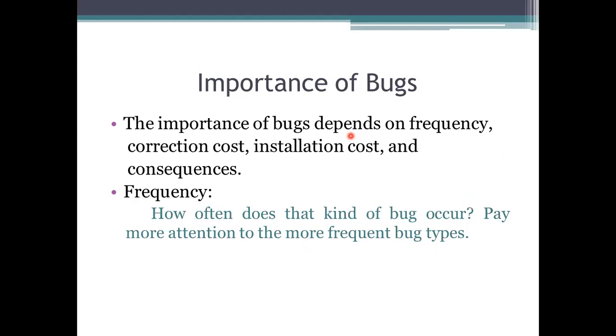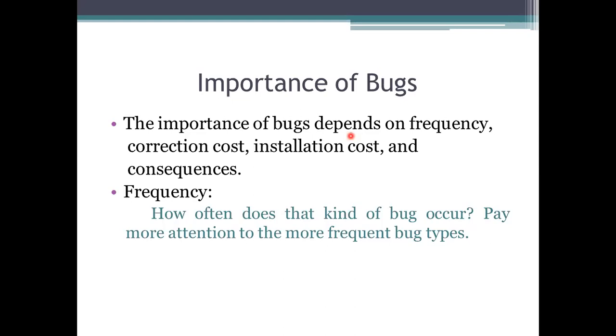Now, to find this bug, we should know the frequency of the bug. The frequency of the bug means how often it occurs. Frequent bugs are data errors, where initialization has not occurred. So how often these bugs occur? If it occurs frequently, what do we do? If not frequently, we need to think. If more frequent, we need to pay attention to the representation.